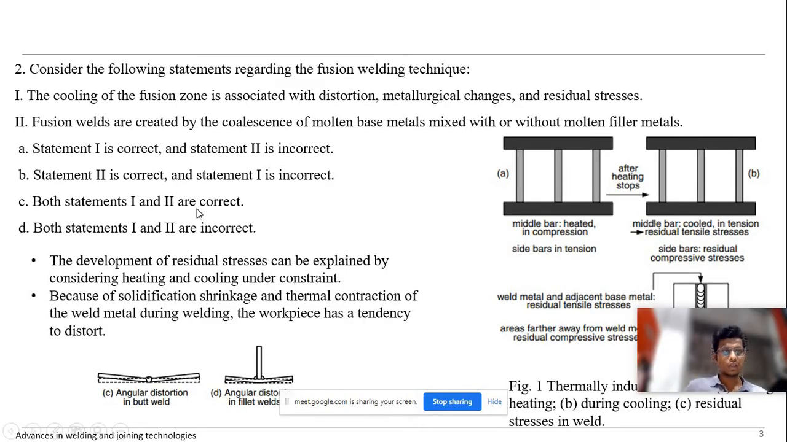Okay. In the next question, consider the following statements regarding the fusion welding technique. First of all, they mentioned fusion welding technique. Then, the cooling of the fusion zone is associated with distortion, metallurgical changes, and residual stresses. This is the first statement, and the second statement is